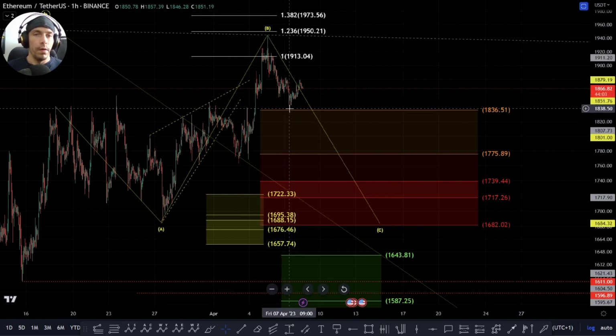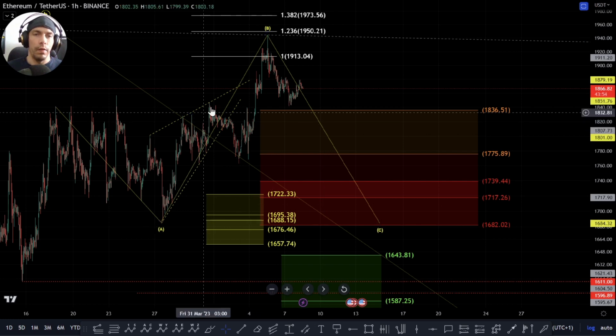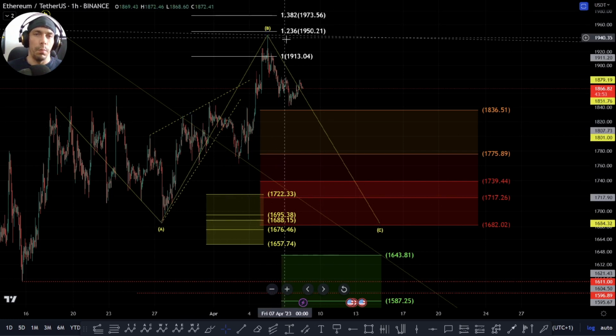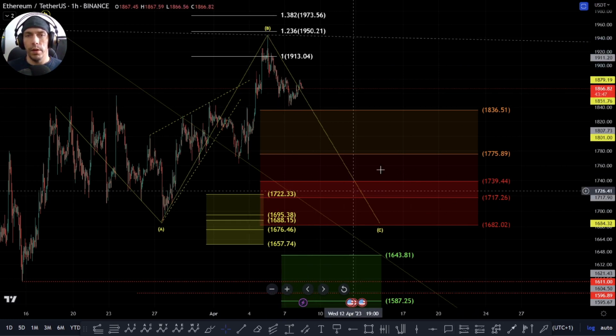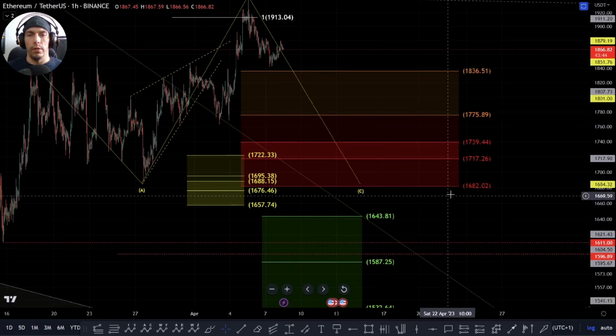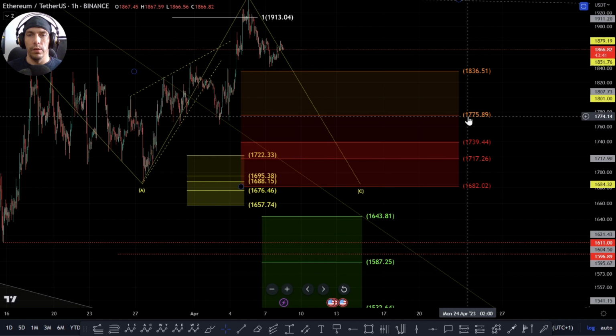It would be a very sneaky move if that is the case, because then we'd only really know by taking this 1945 area again. But even then, there are probably other interpretations which would make more sense if we do move back up above that zone. But if we do start to break down in a bigger five-wave move here, basically what I'll be looking for is this lower support zone here, possibly this 1-to-1 would make a bit of sense, the